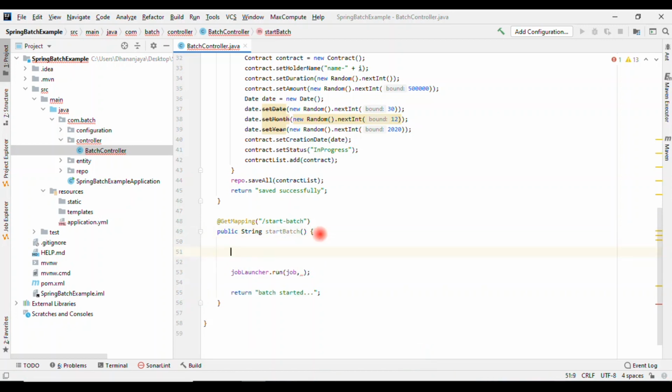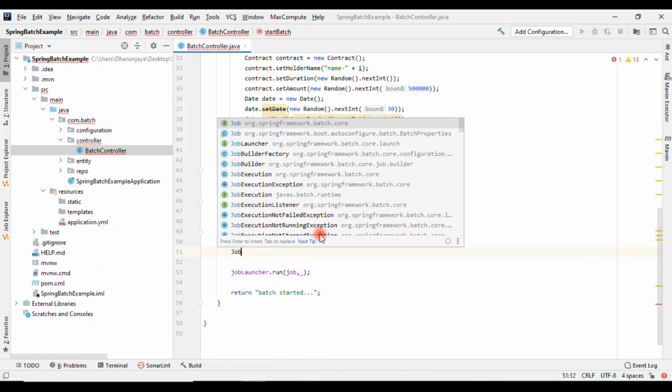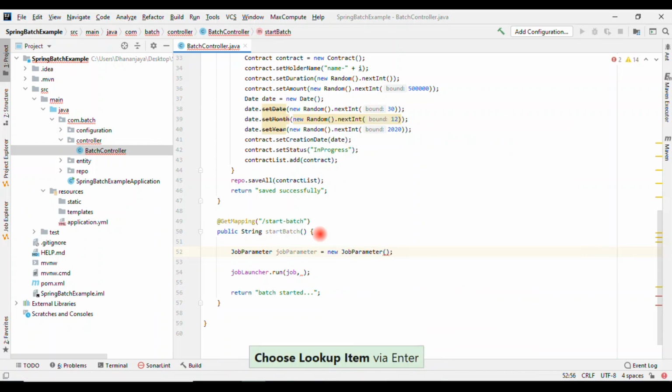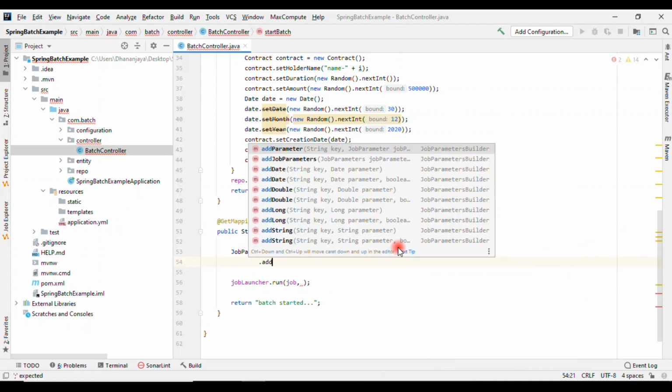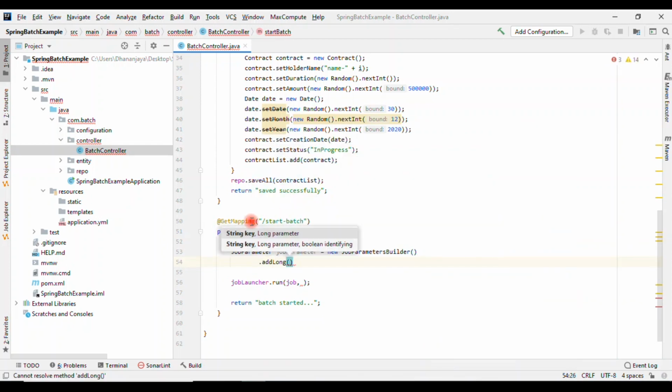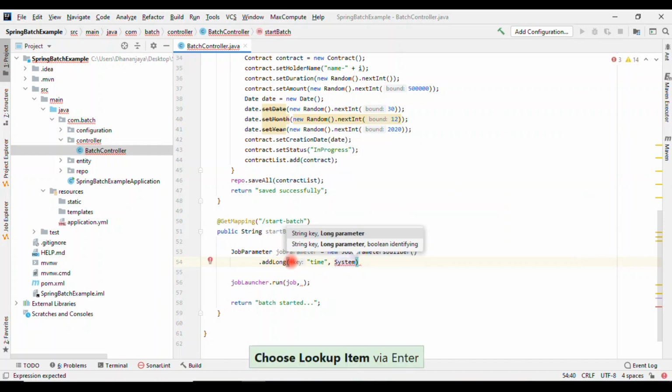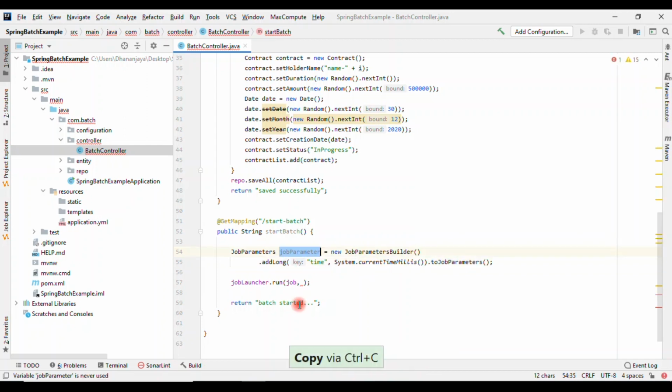Let me create the job parameter first. Here I will add a time, and in time I will pass the current millisecond. Then dot toJobParameters. So here we will pass that job parameter.